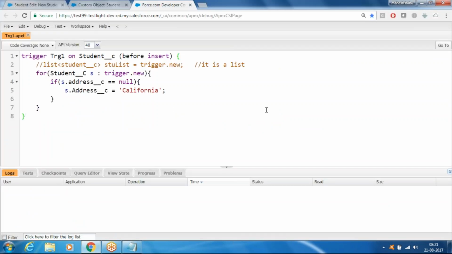So here, before insert. Before triggers are suitable for field updates and validations. Here I'm doing some field updation. Suppose I'm inserting 200 records from data loader. You can insert a single record or you can insert bulk records at a time, right? We have data loader, so suppose I'm inserting 200 records from data loader. So 200 records will be taken into this trigger.new,